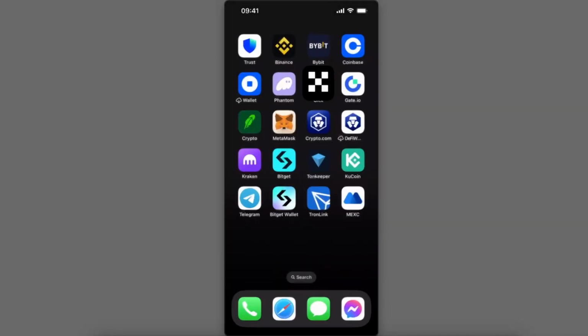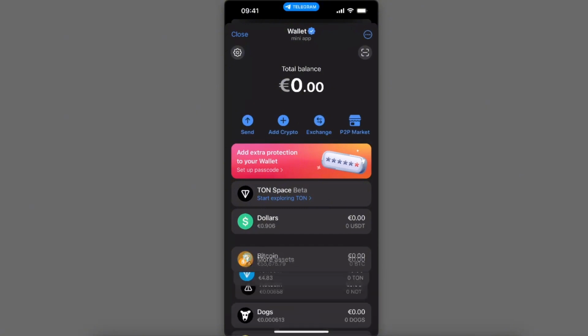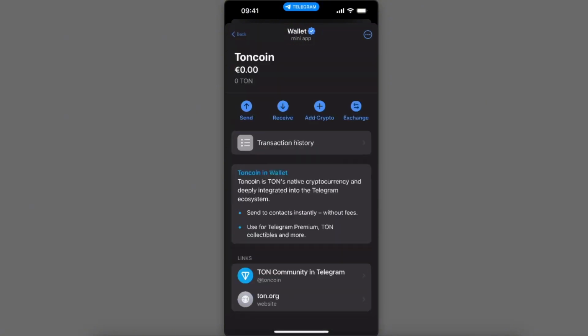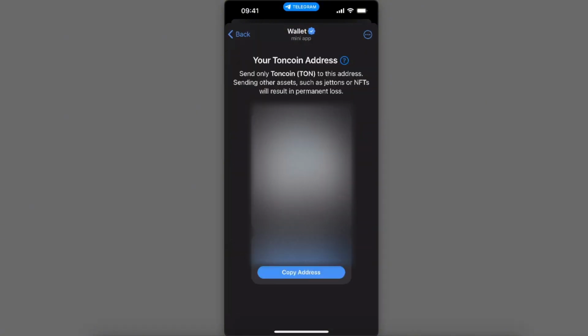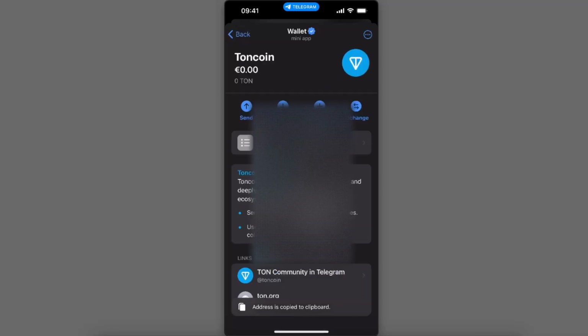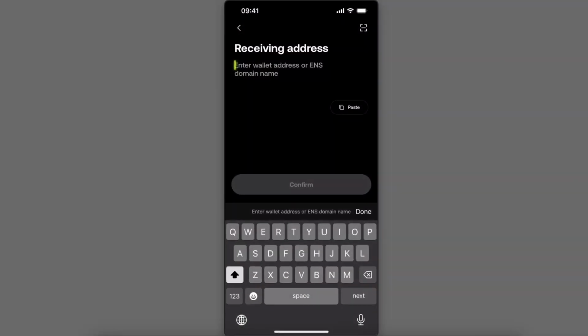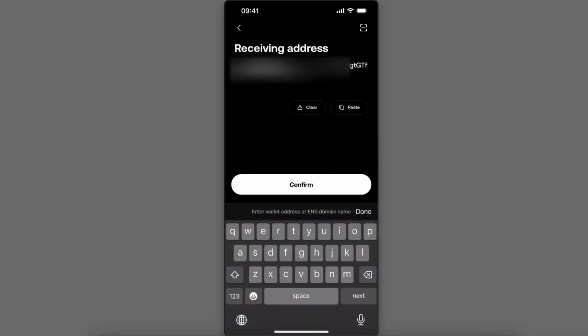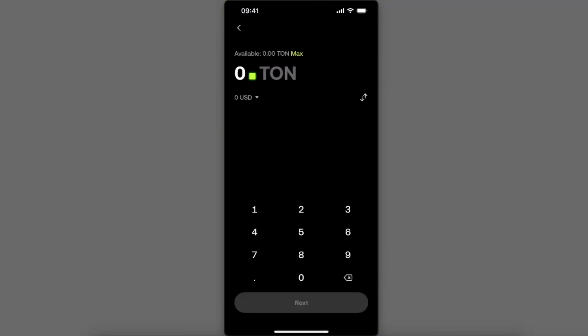So the receiving address would be on your Telegram. Click on more assets and on Toncoin. After that, click receive, copy the address, and go back to OKX, paste your address, confirm it, and after that,